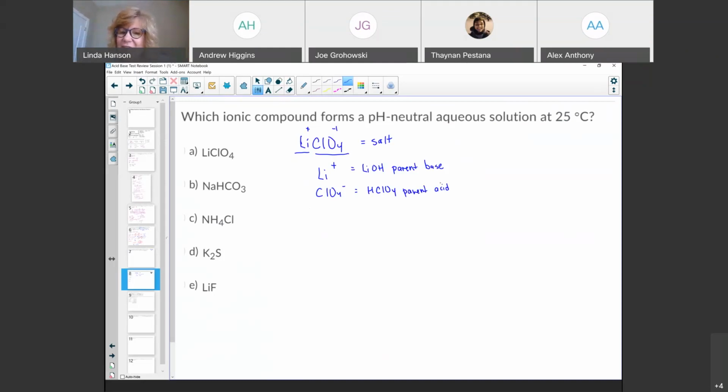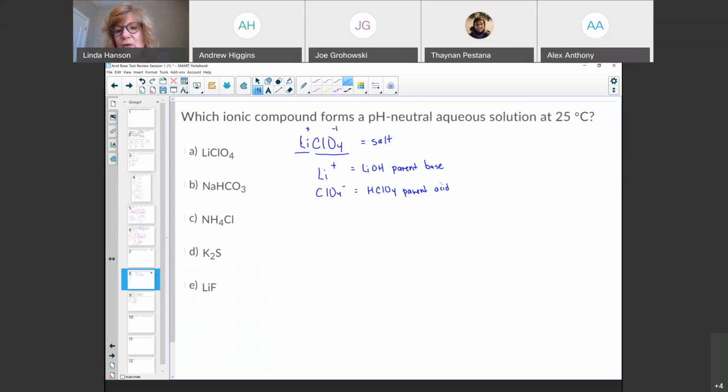So we have to ask ourselves, is it strong or is it weak? If it's a strong parent base or a strong parent acid, there is no hydrolysis and therefore no effect on pH. If it has a parent that is weak, the answer is yes, it will undergo hydrolysis and therefore will